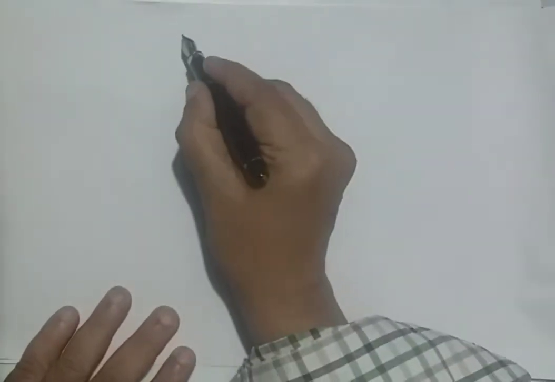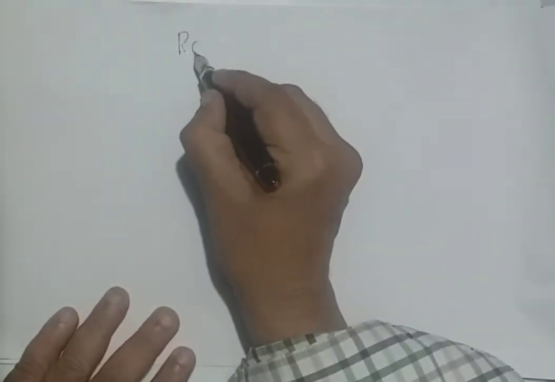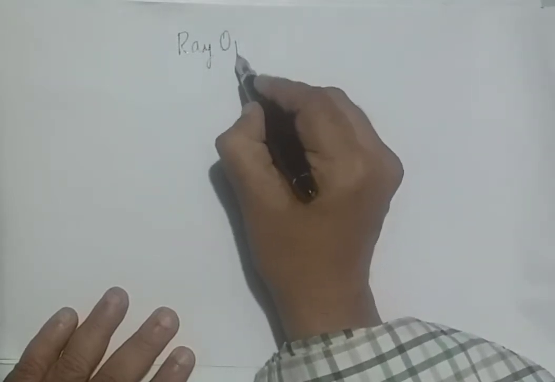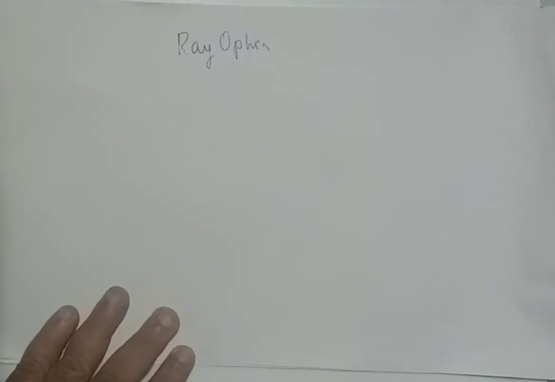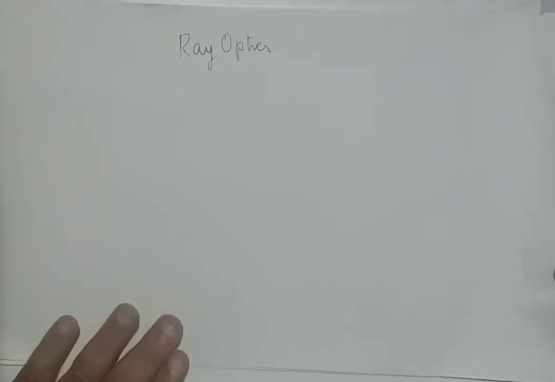Therefore, our idea in this chapter is to learn about light, and in the 11th, 10th chapter also about light. But for the time being, we start with chapter number 9. Its chapter name is Ray Optics. As its name suggests, here we consider the light path as a ray, that is a line with an arrow. Using that, we learn many things along with a little bit of geometrical ideas.